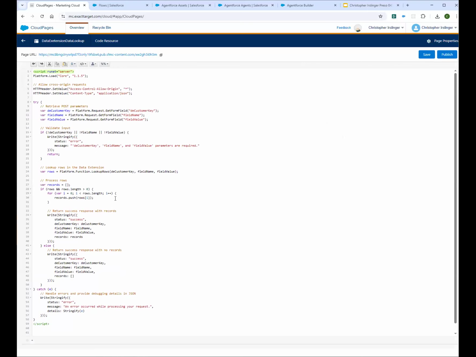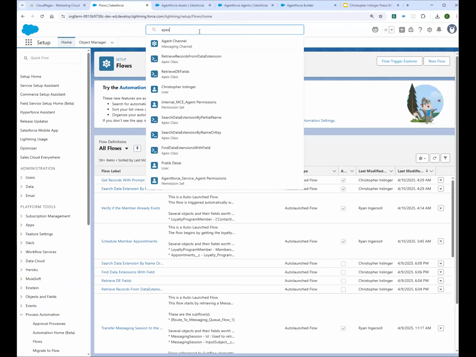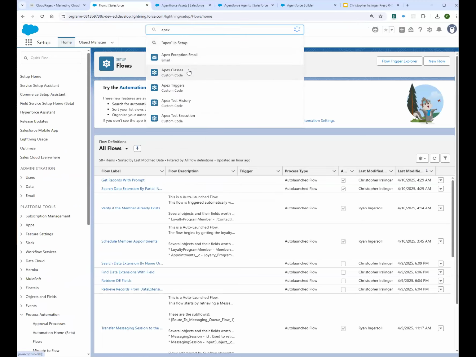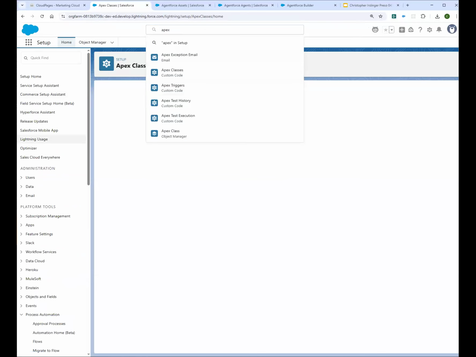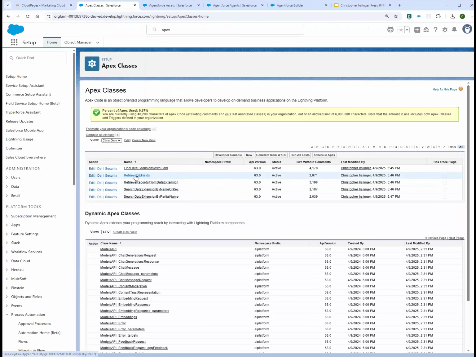So we have this set up, and how is the agent actually going to take advantage of this? So if I go over to Salesforce and I look at Apex classes, we can see some examples of those Apex classes. So if I just kind of take a look at